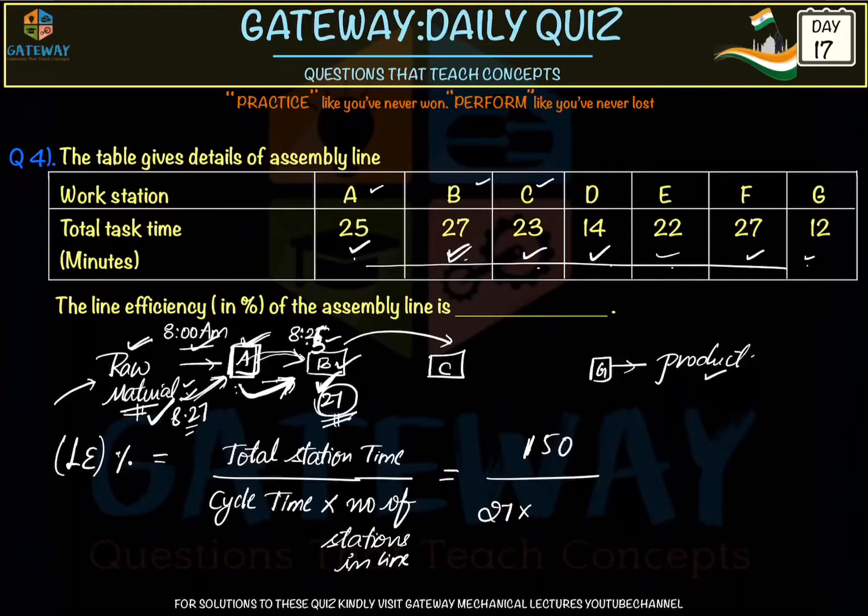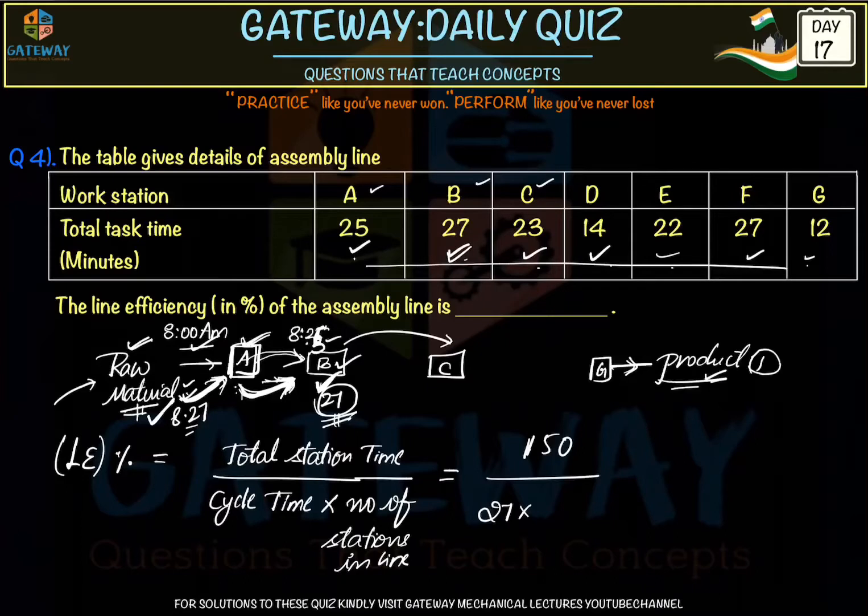Still it needs 2 more minutes to finish this task on the first product, but now we are sending the second, so it is being in the queue. It shouldn't happen. So it is idle time. So what we'll do is decide a cycle time for all this overall, and that cycle time will be used for sending the next raw material, and a similar pattern it will follow for the final product also.